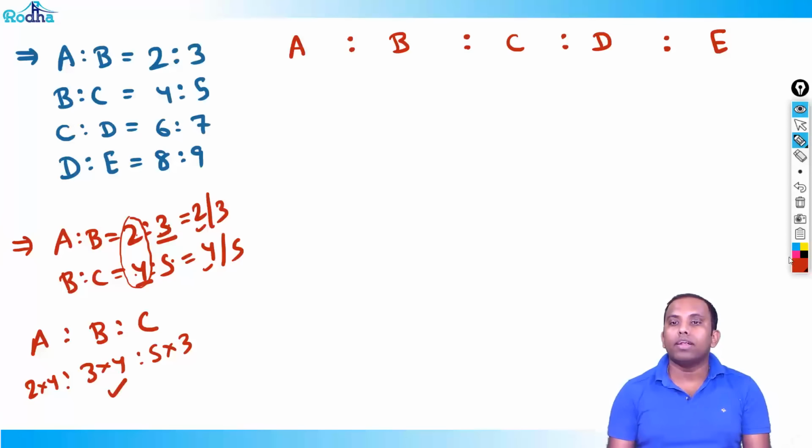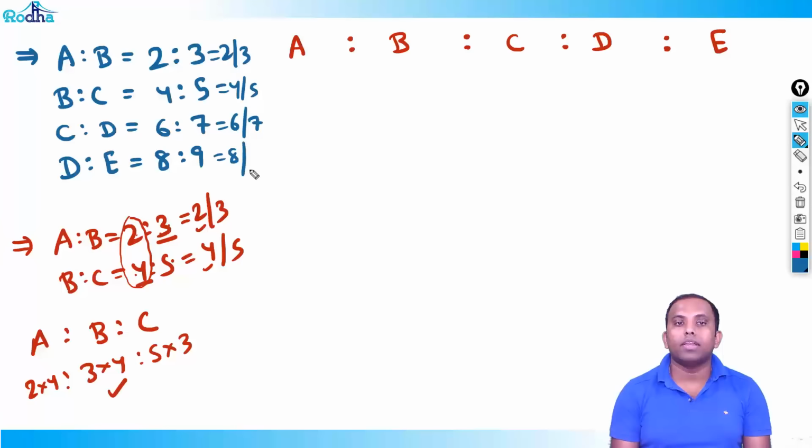So that's why we'll write directly here with that pattern. A here is like 2 into 4, a combination of all numerators. So if I write 2 is to 3 as 2 by 3, then this has 4 by 5, then this has 6 by 7, and this has 8 by 9. Okay, so what is A basically? A is the combination of all numerators, that is, A is 2 into 4 into 6 into 8. This is the value of A, 2 into 4 into 6 into 8, right?